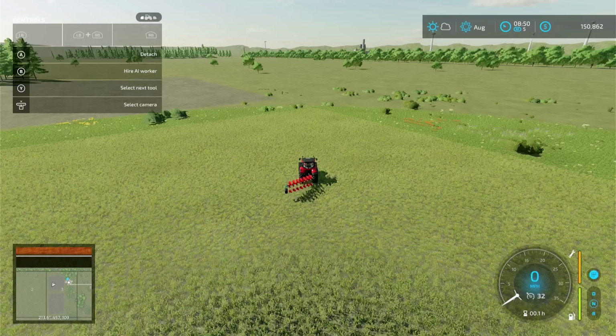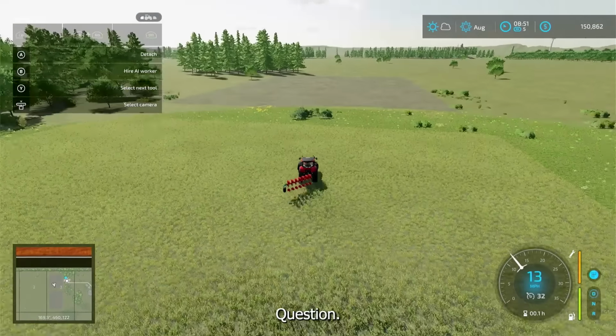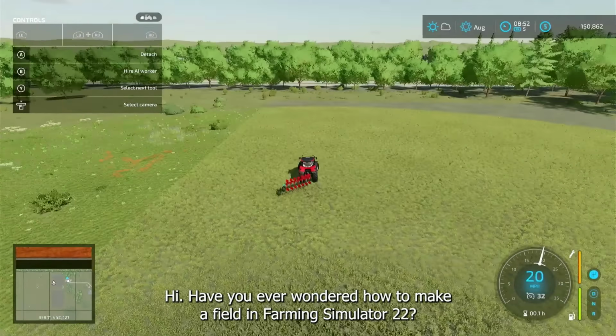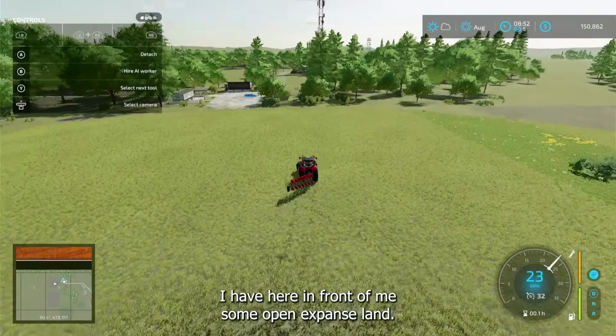Hi, have you ever wondered how to make a field in Farming Simulator 22? I have here in front of me some open expanse land. This happens to be on the Western Wilds map. Hi, I'm Farmer Teacher. We're on Farming Simulator 22, and I'm going to show you today how you make a